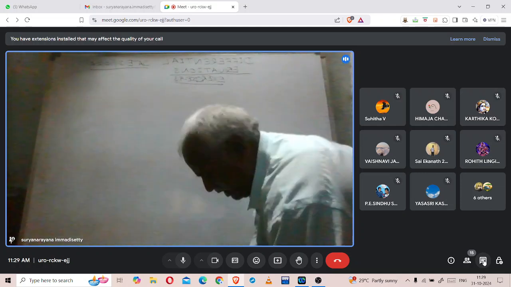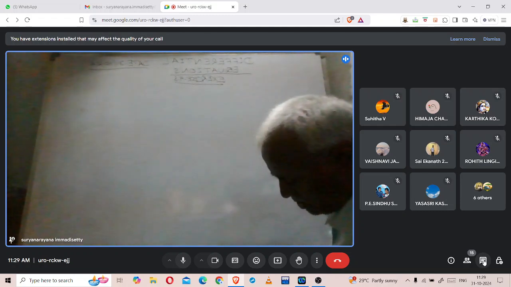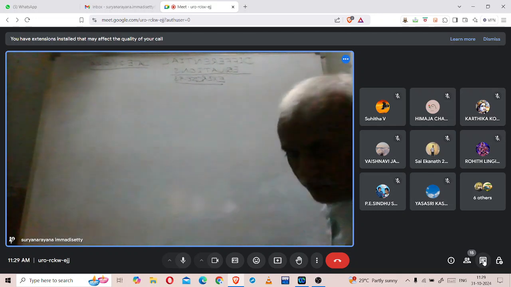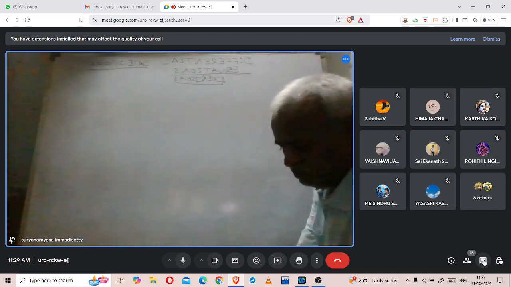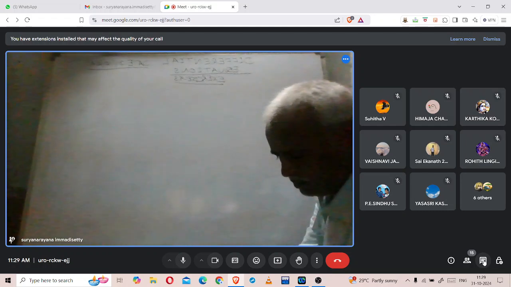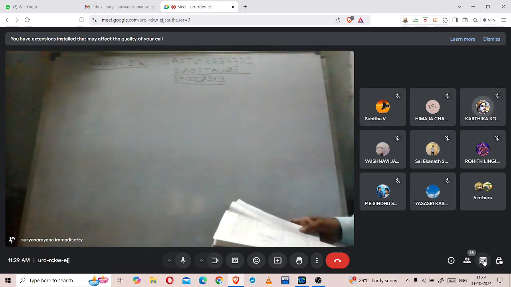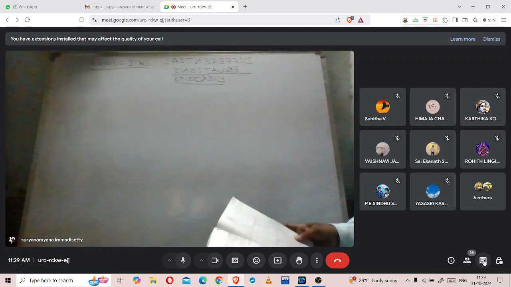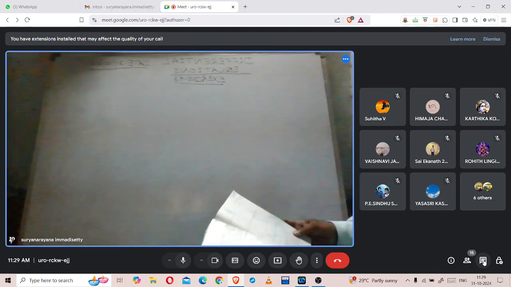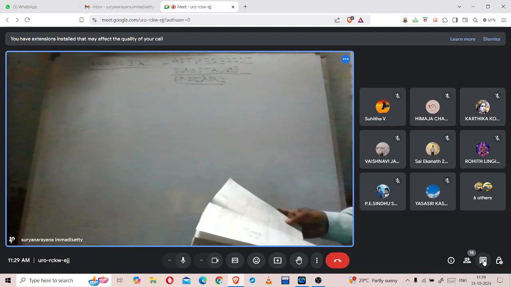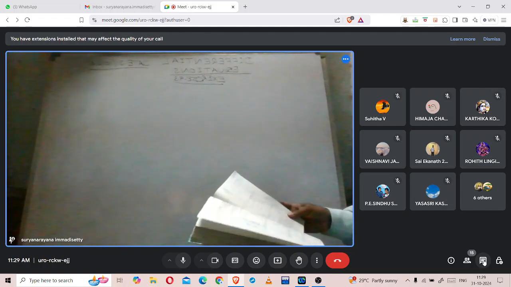Find the equation of a curve passing through the point 0, comma minus 2. Given that at any point x, comma y on the curve, the product of the slope of the tangent and the y coordinate of the point is equal to the